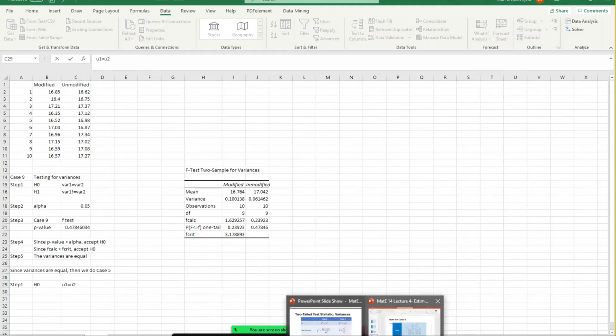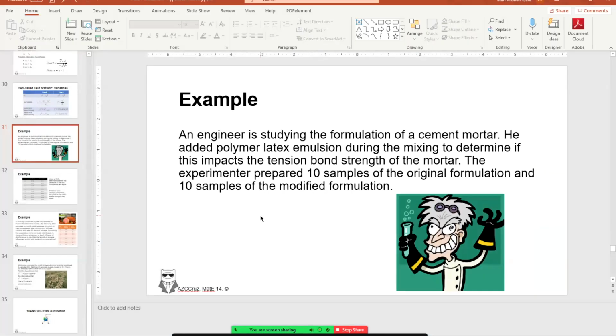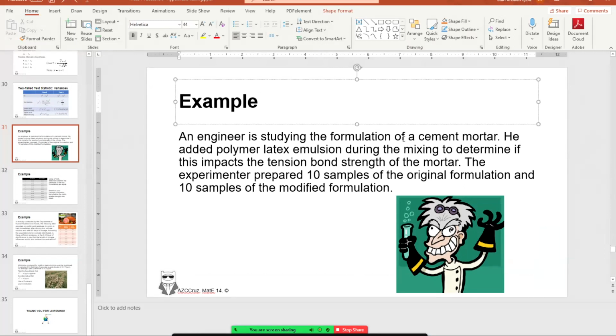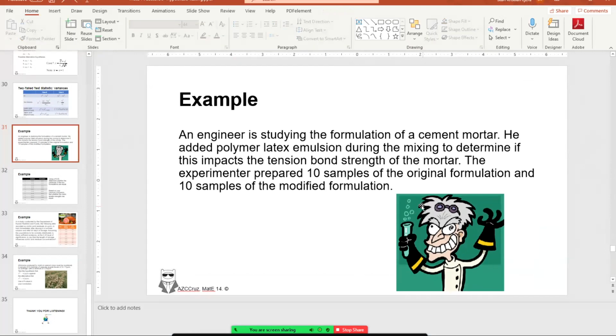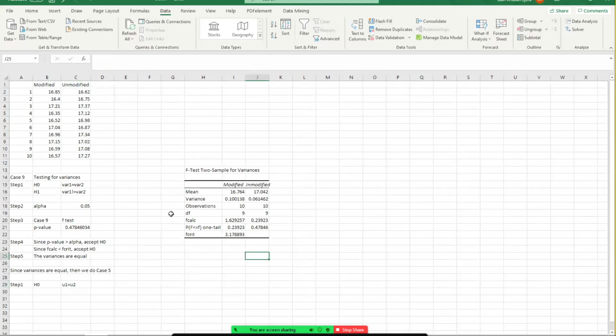So again, walang sinabi kung mu1 is greater than mu2. And in fact, if we look at the problem, ang pagka-state ng problem is he wants to know if this impacts the tension bond strength. Ito yung term na ginamit niya: this impacts the tension bond strength. So walang sinabi kung nag-i-impact ba siya negatively or positively. Okay? So pwede ang gawin natin dito is